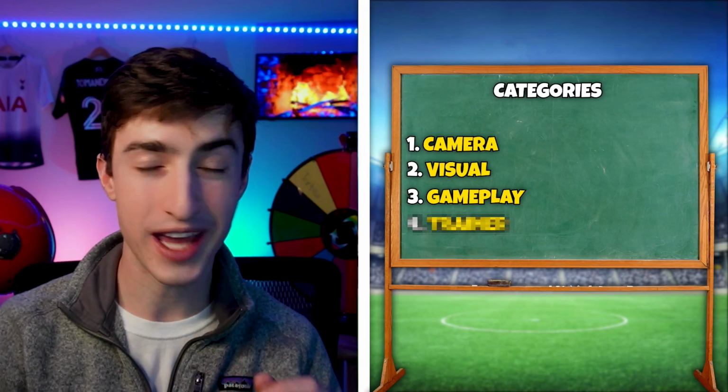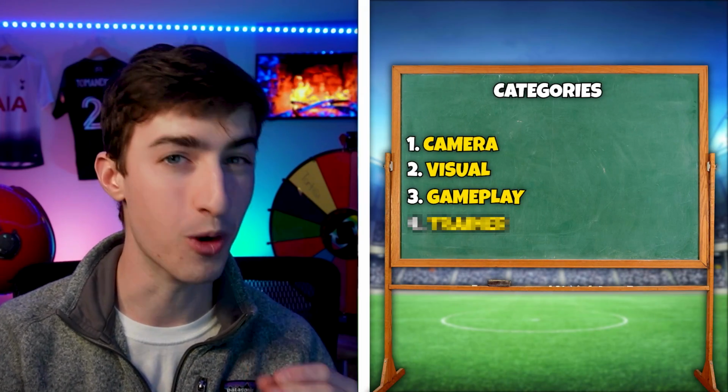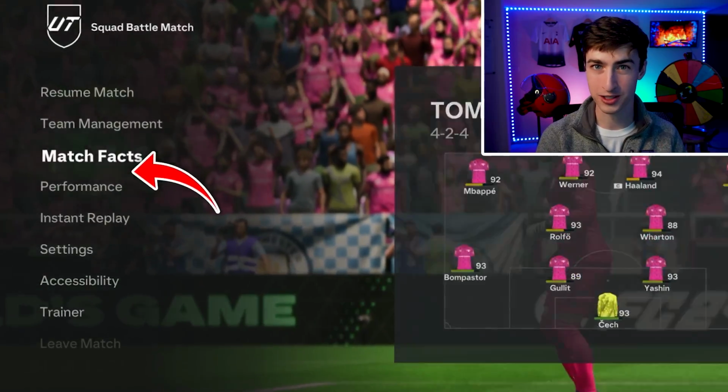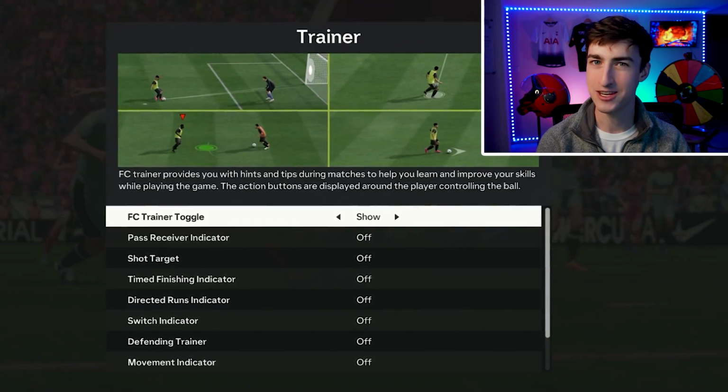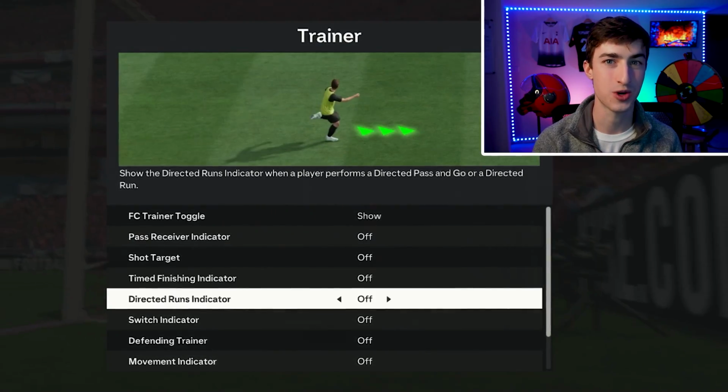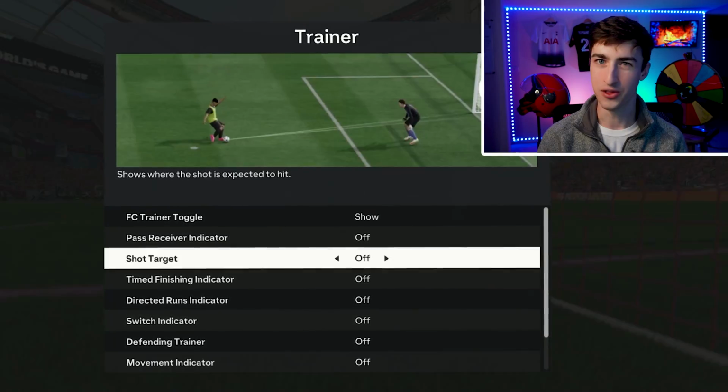But now the final category that we have to change is something most people actually forget: the trainer. So back out of settings, go to the first pause menu and scroll down to trainer. Now you'll need to start by turning this to show, and you want to make sure every single one of these is turned off except for 2 settings. The first one is called